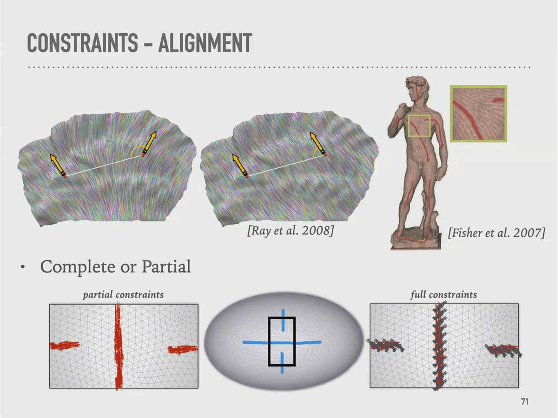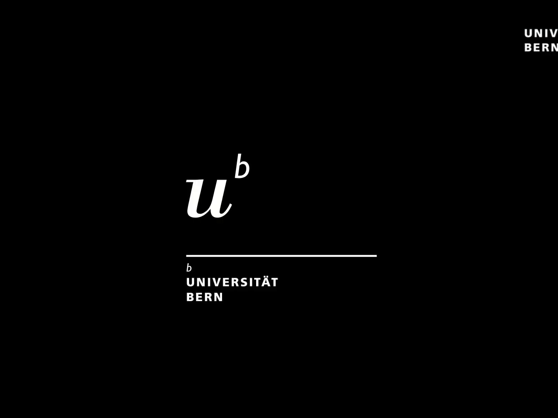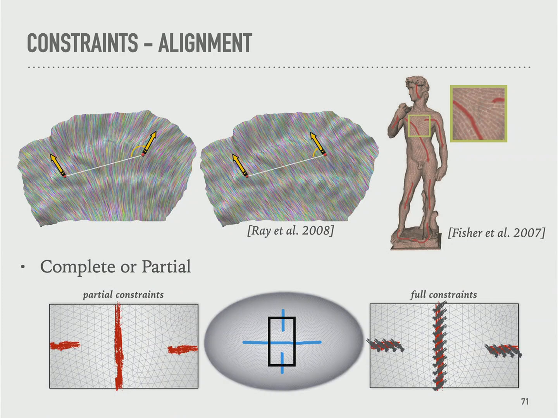There's not that much to say, except usually we use two types of alignment constraints, either full constraints, which means you put the entire quad in place, but that's usually not very intuitive. Usually you want to align to some features and some kind of curves. So someone draws a curve, you want the quad mesh to follow that curve, like here or here, but you don't want to specify this is the U direction, this is the V direction. The artist doesn't care. It's auto-completed in some way. So usually what we have is only partial alignment, and you have to have your field